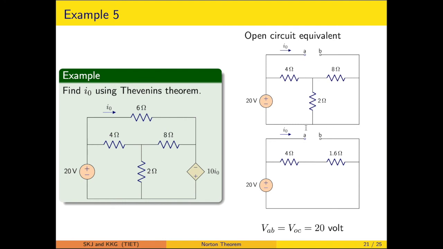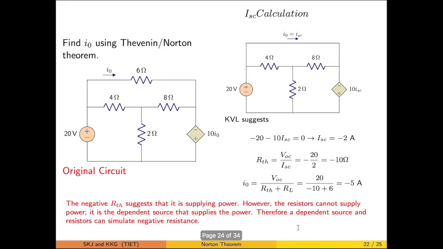And as we have seen that 8 and 2 ohm, they are directly coming across the parallel, so that particular equivalent circuit is marked. Now what we are seeing is that this 20 volt is appearing directly across the AB terminal. So VAB is equal to VOC, that is 20 volt. To calculate ISC, this is a short circuit which is done, and here